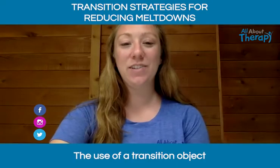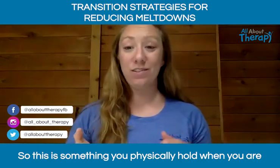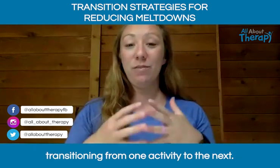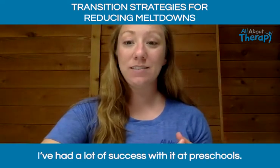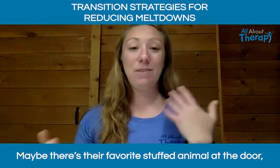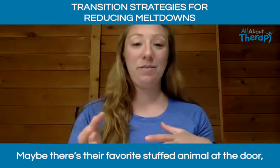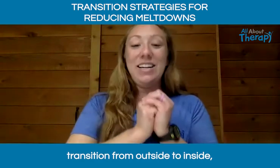The use of a transition object. So this is something you physically hold when you are transitioning from one activity to the next. I've had a lot of success with it at preschools. Say it's time to transition from outside to inside. Maybe there's their favorite stuffed animal at the door, so they get to pick it up, hold it, transition from